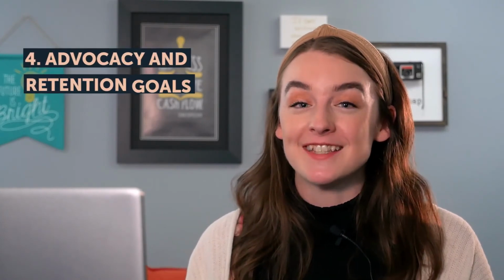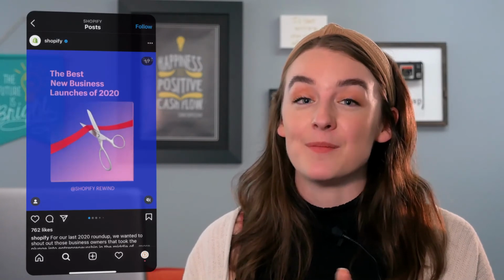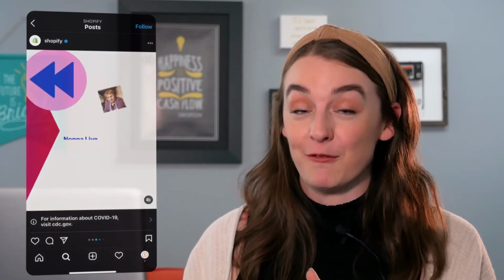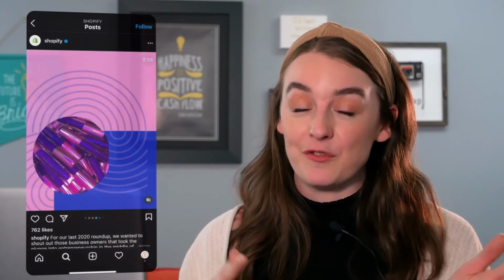4. Advocacy and retention goals. Once your prospect has gone from lead to customer, the journey doesn't have to stop there. And it's a good thing too, because it's a lot easier to turn a happy, satisfied customer into a repeat customer than to conjure a new customer out of cold leads. So how does your social media strategy factor in? Well,